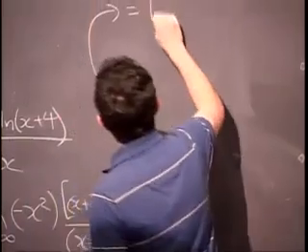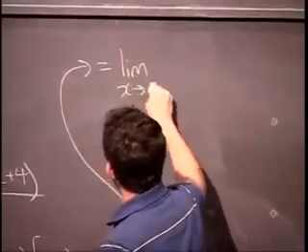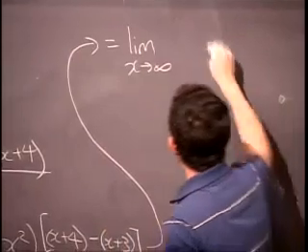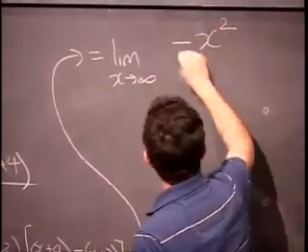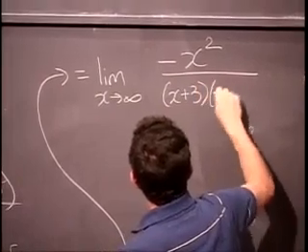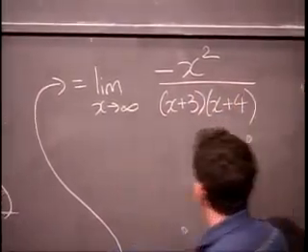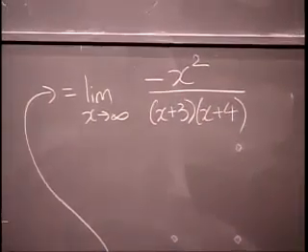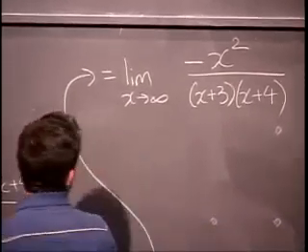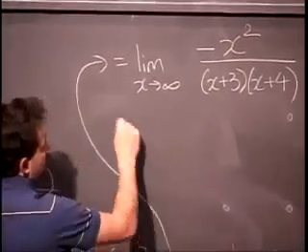What's left? Well, this all simplifies down to 1. So it's minus x squared over x plus 3, x plus 4. Well, this is just a poly over a poly. We could almost immediately write that it's minus 1. But if you want to be really clever about it,